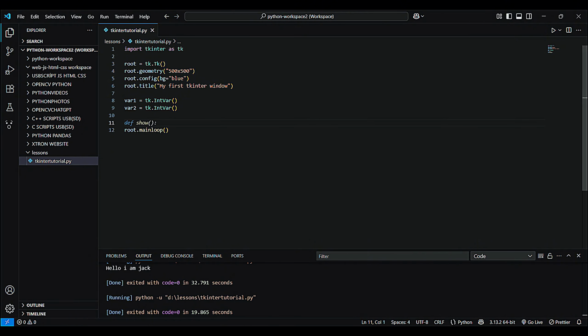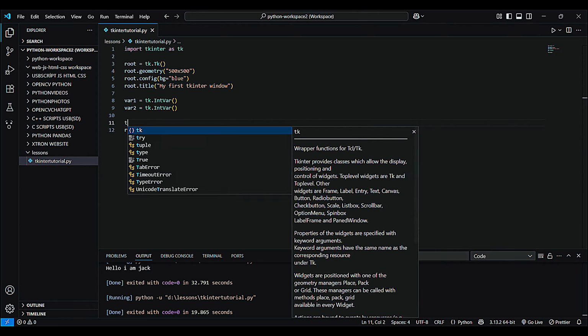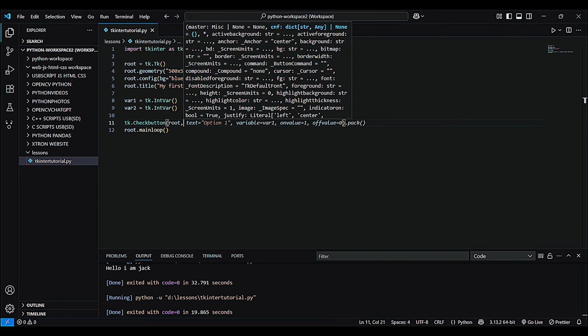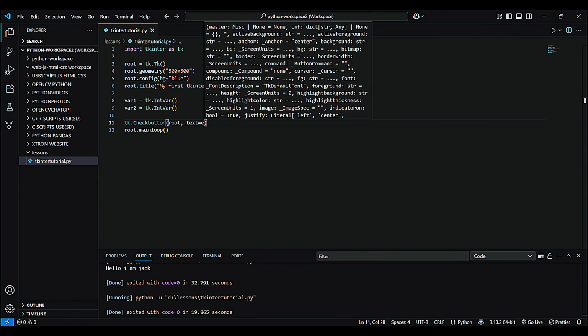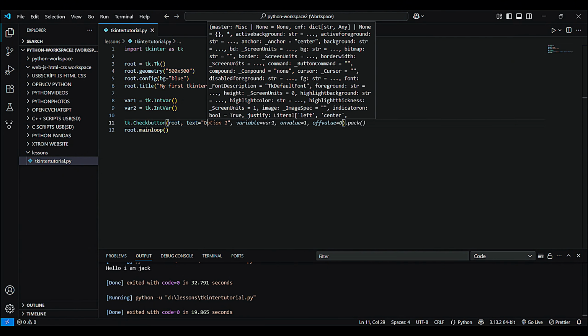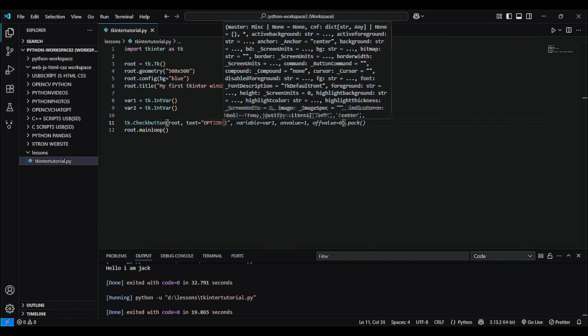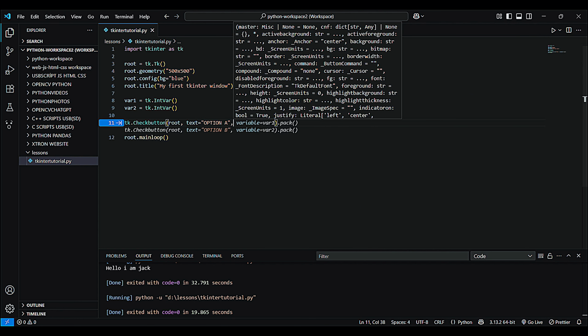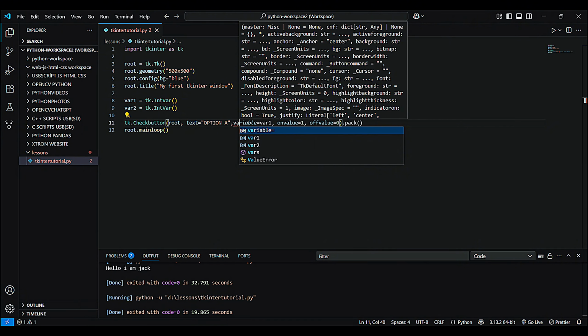So I'm gonna create two check buttons: tk.Checkbutton, text equals option A, variable equals var1,